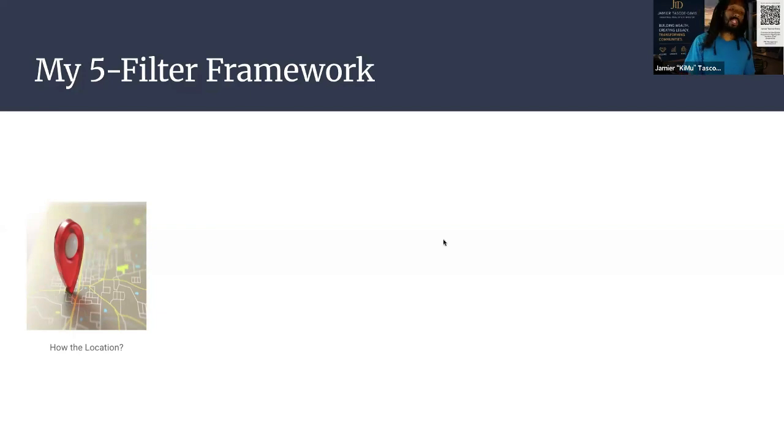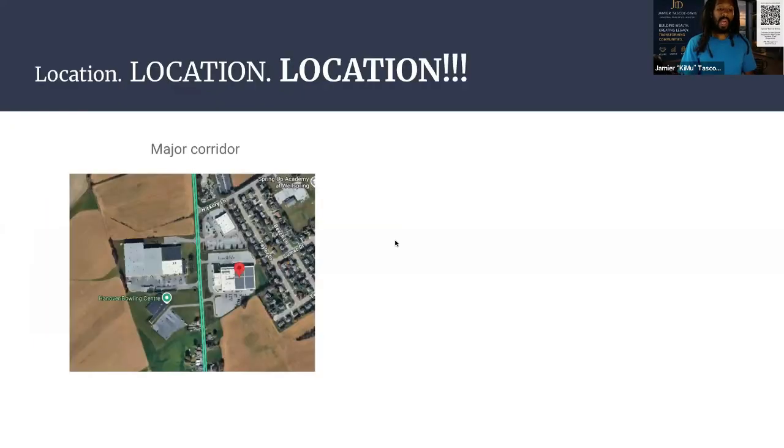In an industrial, it's different than multifamily. It's different than residential. It's different than self-storage. It's different than retail properties. It's different than all the other asset classes because every asset class has its own way in which it impacts the community. And what I always look for when I'm looking at location, if I'm doing that 5 minute scan, is where is it located. If it's located on a major corridor, that's great.